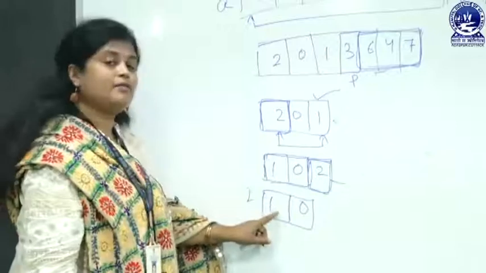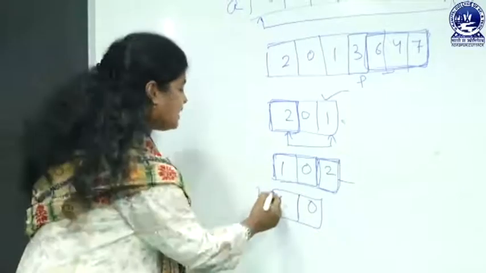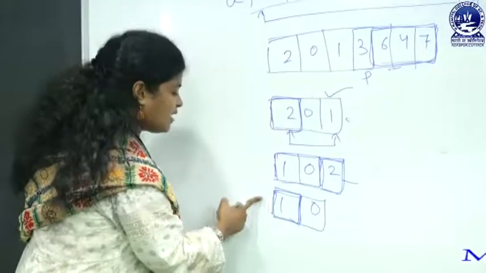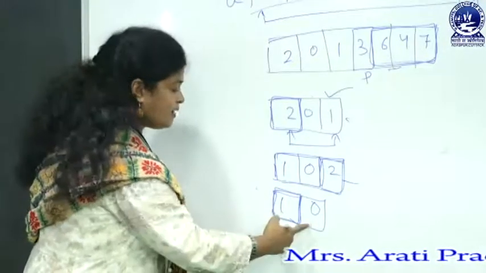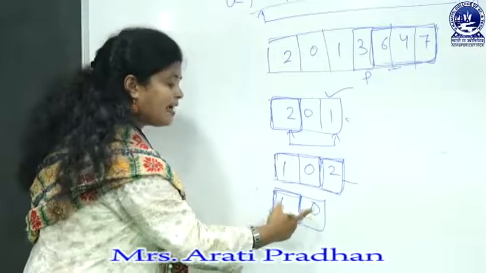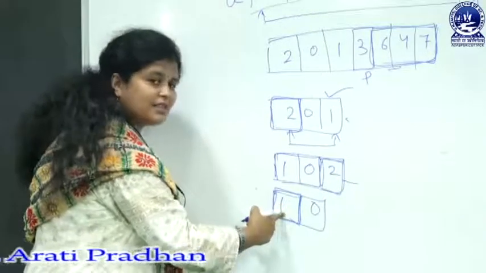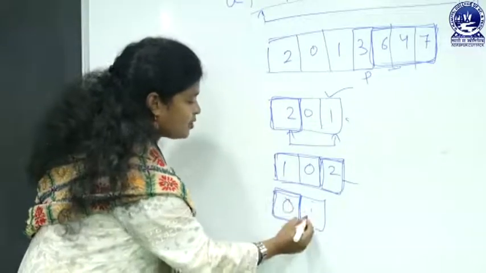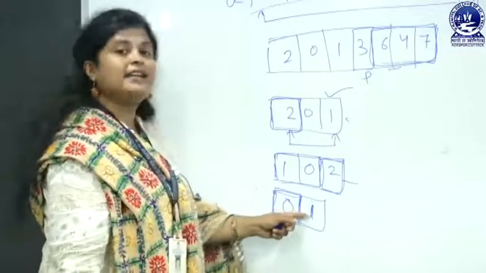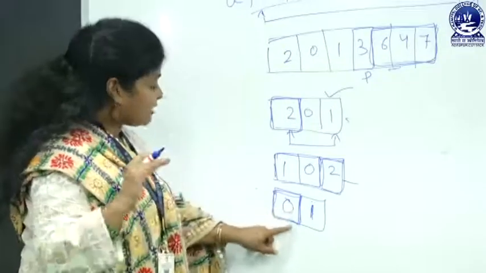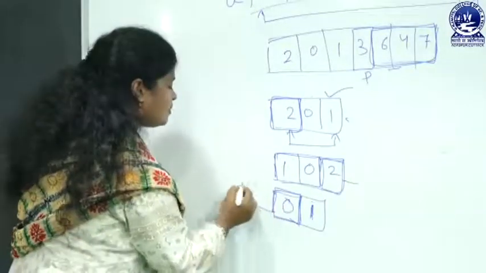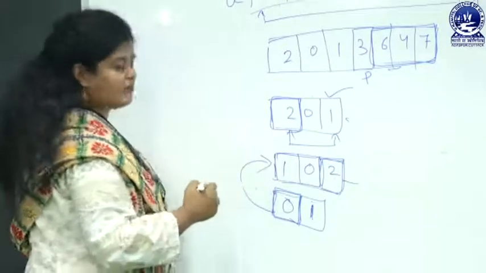Now, we will take one pivot element. Suppose here I am choosing 1 as pivot. As it is not having any left side element, I will compare with 0, and as 0 is less than 1, there is swapping. So, 0 will come to here, then 1 will come to here. Now, at this point recursion starts, it means that it will go back to this area.